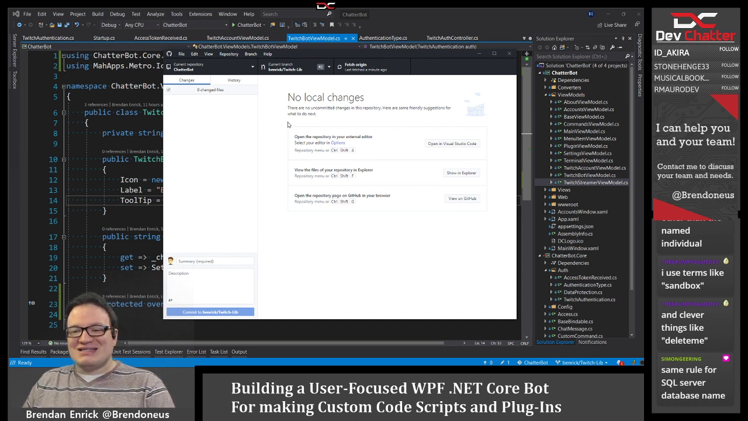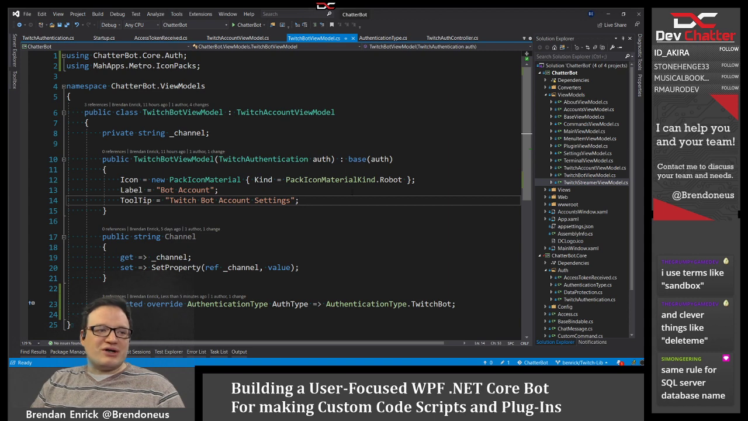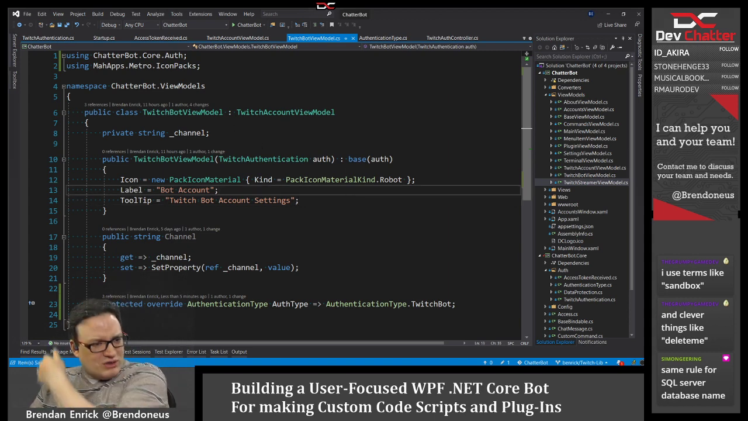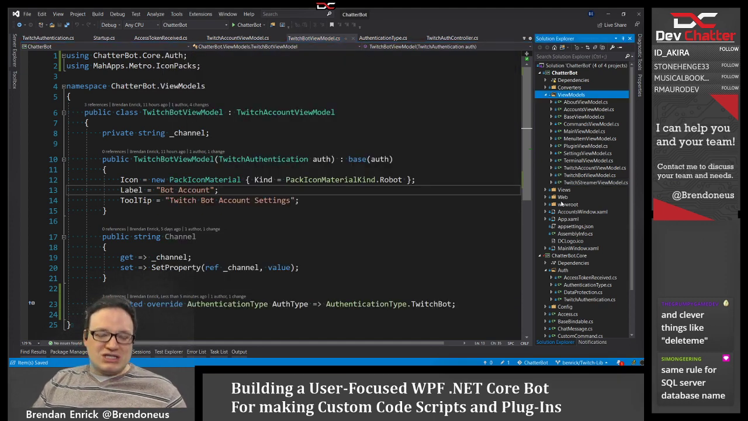And clever names like delete me. Yes. Same rules for SQL Server database names. Yes, exactly. You can do SQL Server database names the same way, by just naming them to the person, or shared ones are shared. Yep. Totally works. Okay. So that code is committed, which means I am now safe to make this giant change,